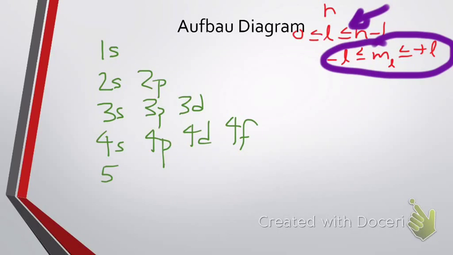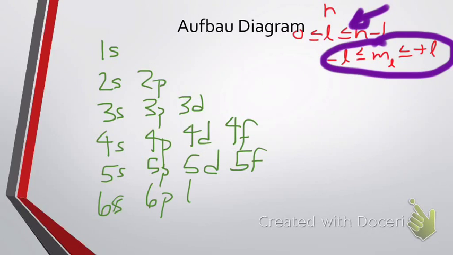So then we have 5s, 5p, 5d, 5f, 6s, 6p, 6d, 6f. Yes, in theory you could have more 5s and 6s, 7s, and so forth. 7p. Hopefully you're getting an idea. Now, according to the Aufbau,